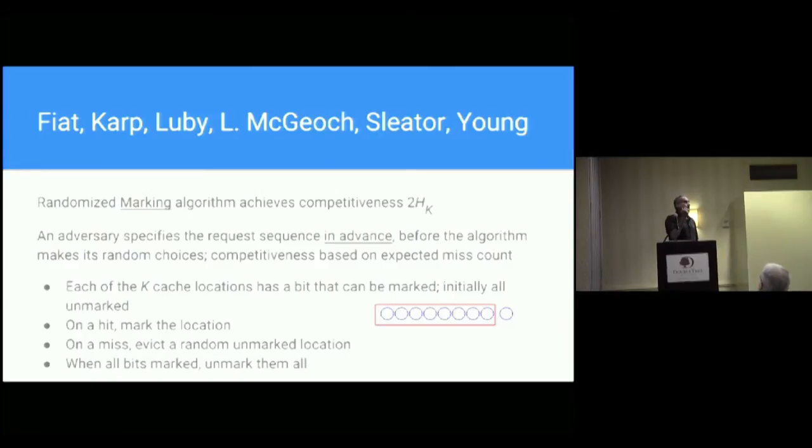The problem is, because the algorithm is randomized, the adversary cannot predictably identify the item that's outside. So the adversary is taking pot shots at the request sequence, and so tries there. No, that's already in cache. Mark it. Try that. Mark it. Try that. Mark it. And about halfway through, these random shots get lucky and hit that item that's outside